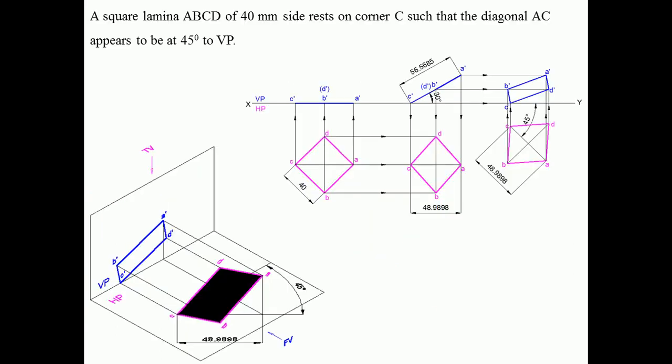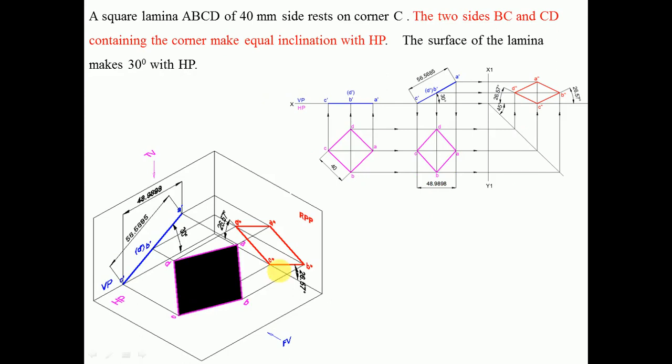That equal inclination can be seen in the earlier solution. We have shown that from the corner you can see C double dash D double dash and C double dash B double dash, and they make equal inclinations. Then at this point these two will automatically get the equal inclination. If these two are at equal angles, then naturally these two will also have equal angles. So that is the inference.